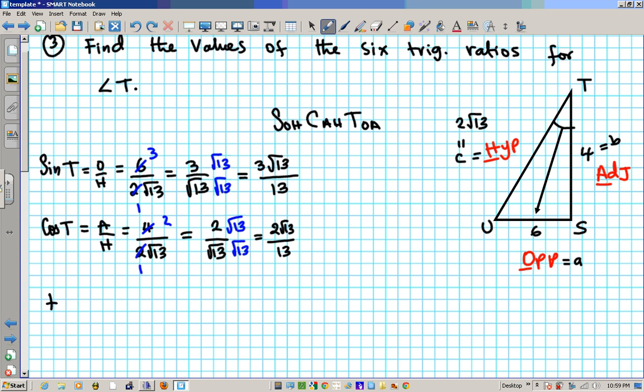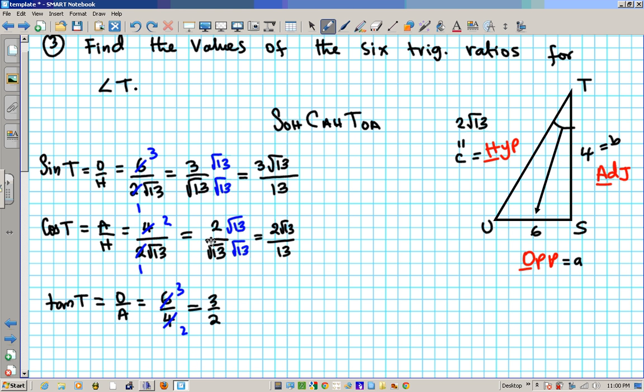Okay? Last but not the least is tan. Tan T is opposite over adjacent. How do I know that? From TOA. Tan is opposite over adjacent. So the opposite is 6 and the adjacent is 4. Opposite over adjacent. I can reduce that because 2 goes into both of them. 2 goes here 2, 2 goes here 3. So your answer here is going to be 3 over 2. Okay? Alright, now let's find the reciprocal trig ratios